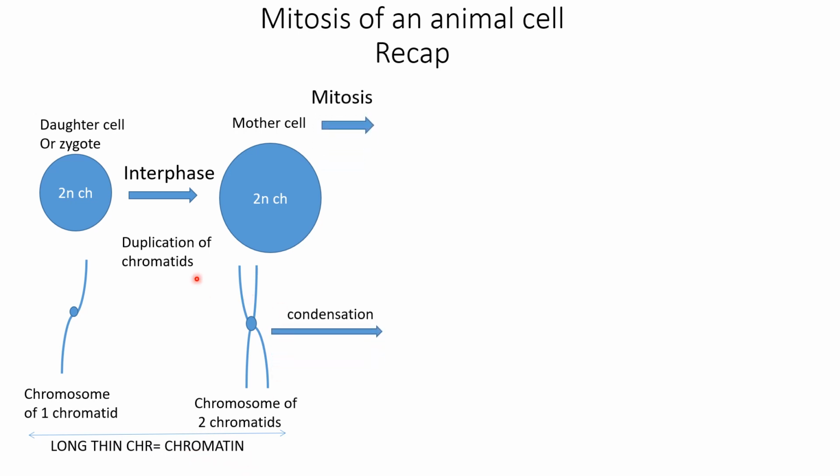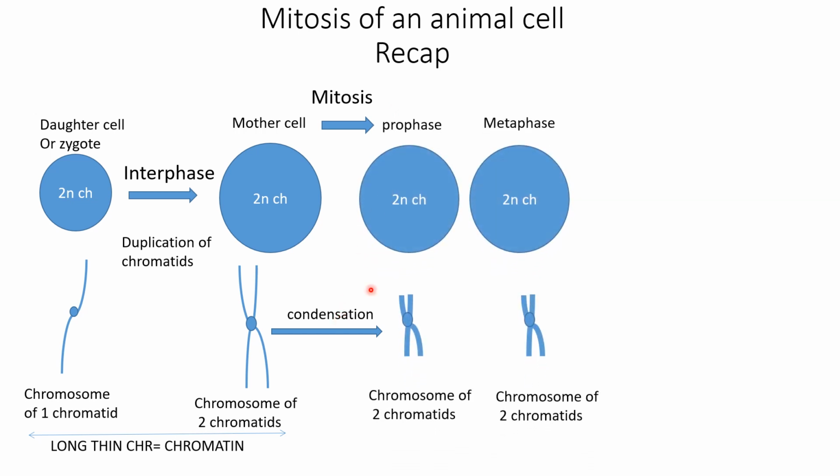Now, once the cell is adult, mature, a mother cell, it's ready to start a cell division, which is mitosis. First of all, it starts with prophase. As you see, the number of chromosomes always 2N, but the chromosomes that were long and thin, they condense to become short and thick. Also in metaphase, the cell keeps 2N as number of chromosomes with short and thick chromosomes